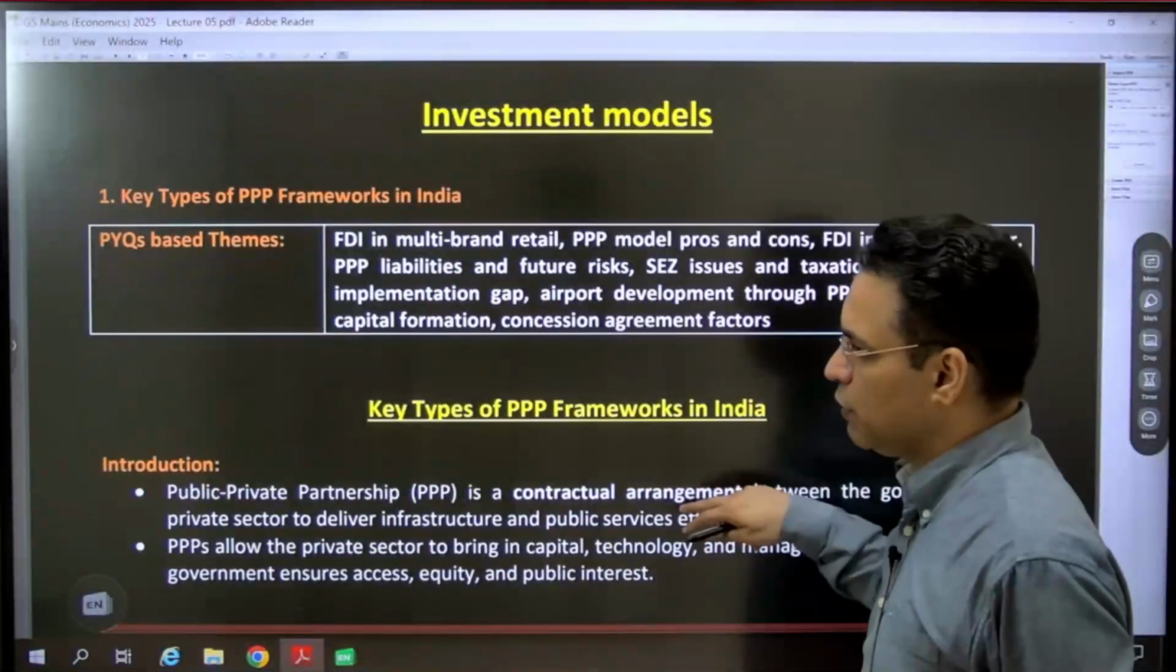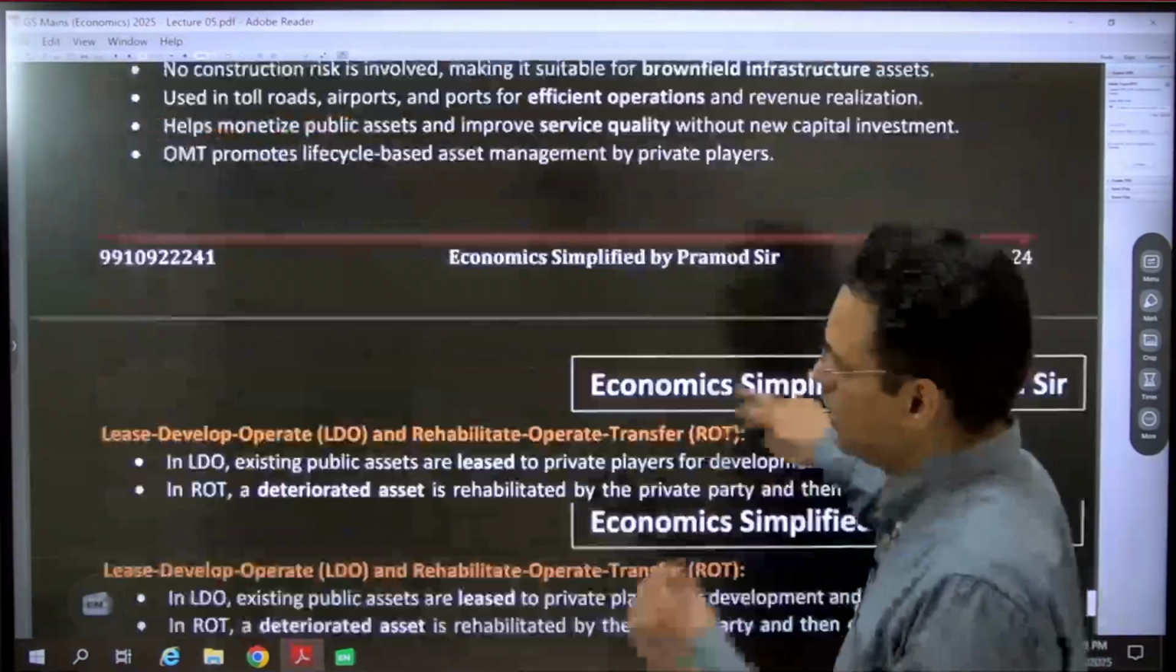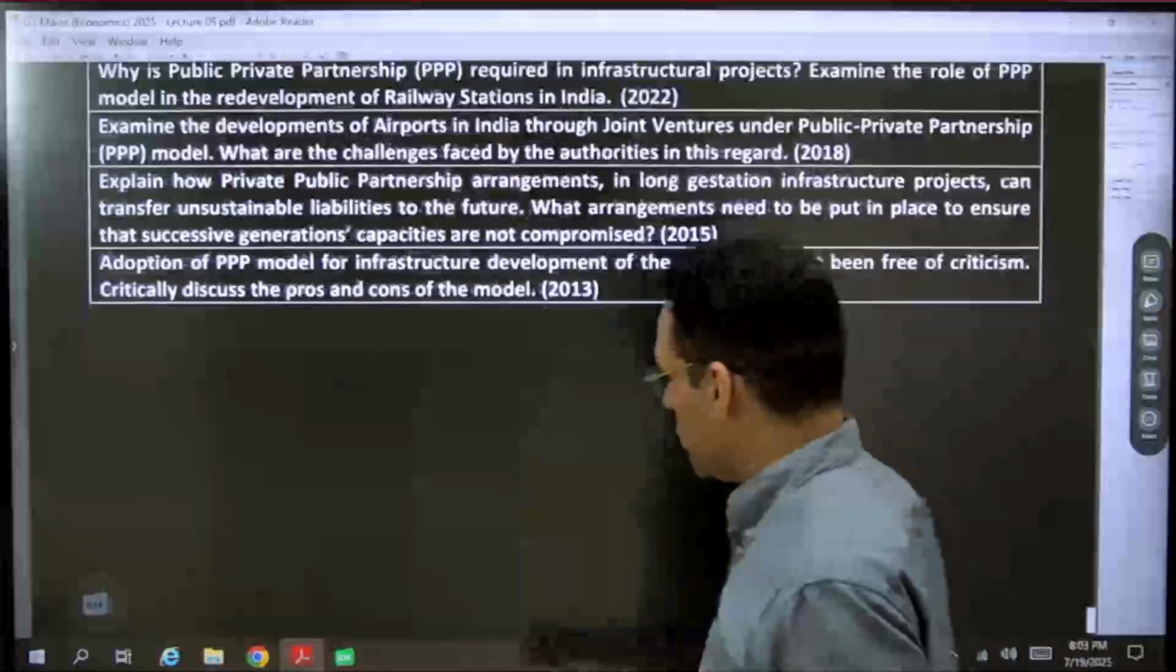ठीक है, and then we have investment model. Again, this is a topic जो बहुत करने की जरूरत नहीं है. You can, this is a static topic. Now what I'll do that I'm going to give you